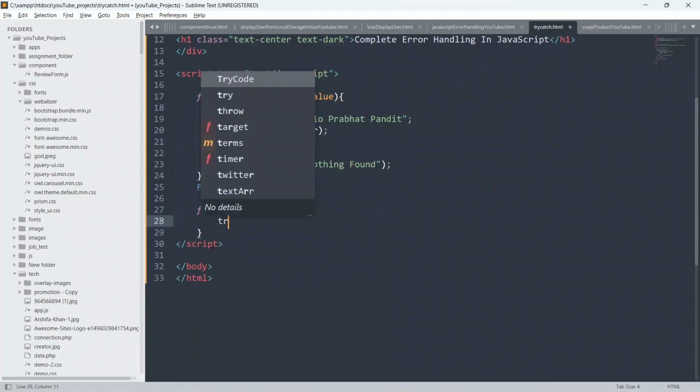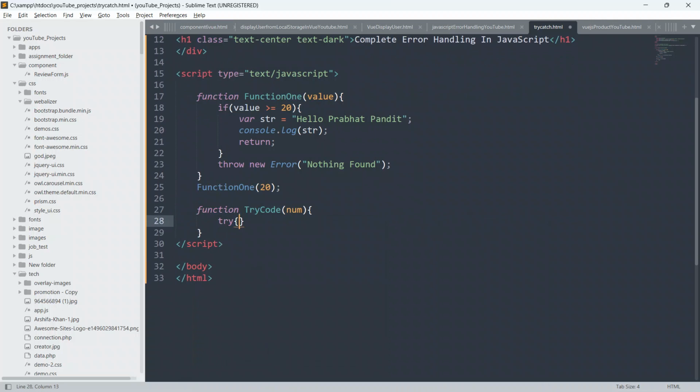Now open curly braces and create a try block. I have already told you, we generally write the kind of code that is prone to error, which is supposed to throw some kind of error, inside our try block. So now I am going to write something.